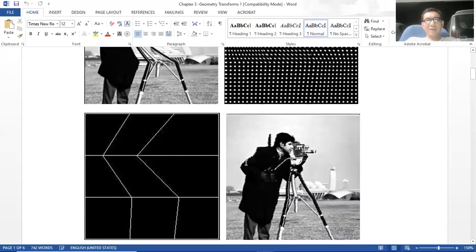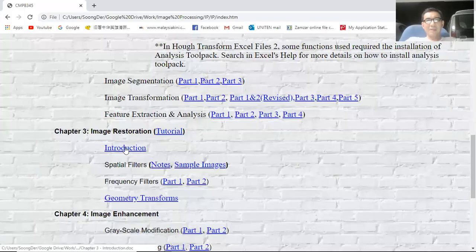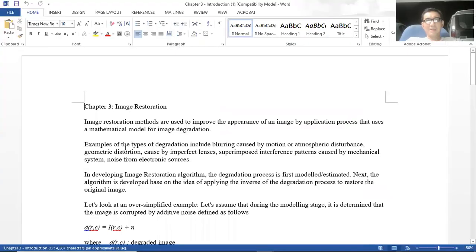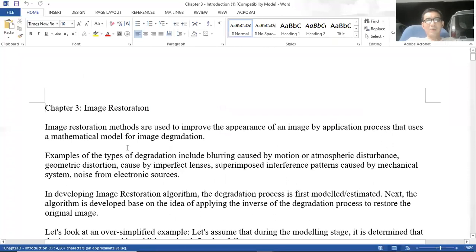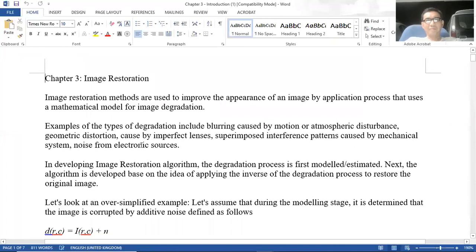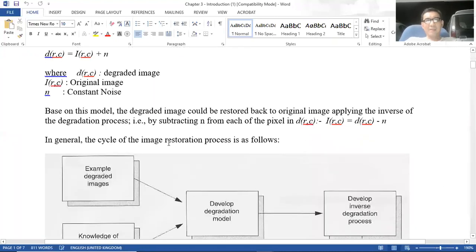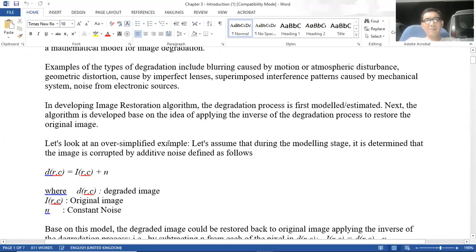So if you look at image restoration, in bahasa Melayu we call it baik pulih. So when we say we pulihkan means try to put it back to the original condition. All right. So the basic concept here is